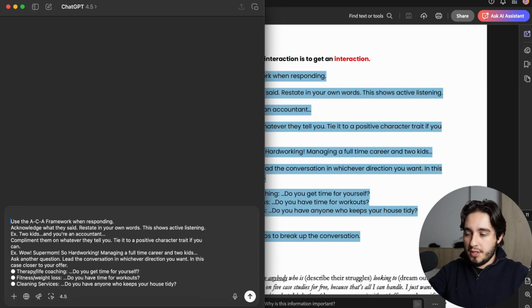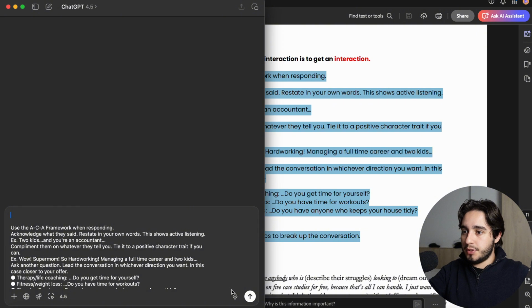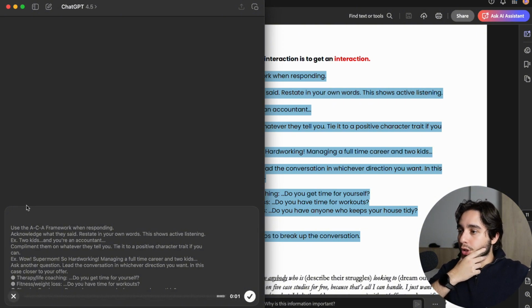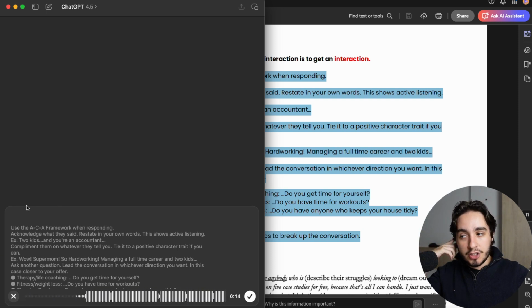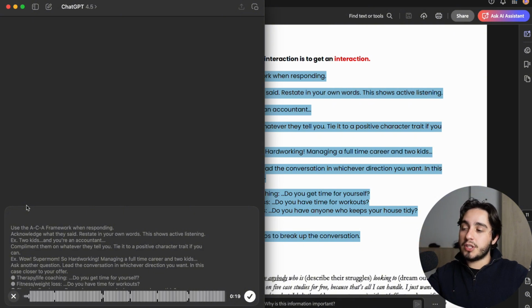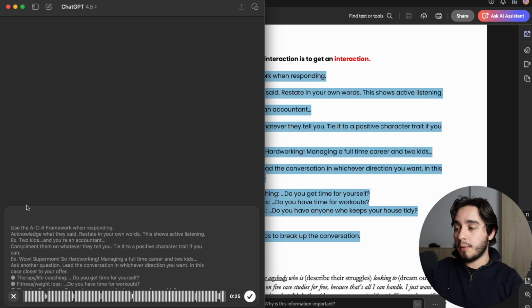I'm going to paste this information about the ACA framework and ask GPT 4.5 to create some more examples. Below, you have some information about the ACA framework where you acknowledge what a prospect is saying and compliment something about them. I want you to generate some examples, but instead of acknowledging what a prospect is saying, we are acknowledging something based on the research that we have done on that prospect. This research either comes from the company summary, which is basically a scrape of the company's website and the company's LinkedIn, as well as the